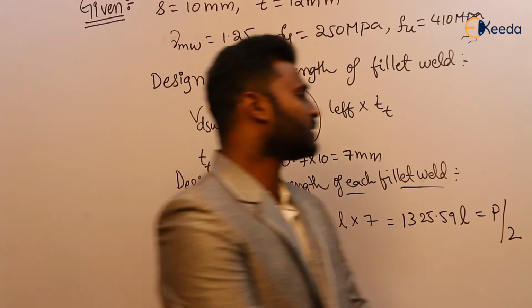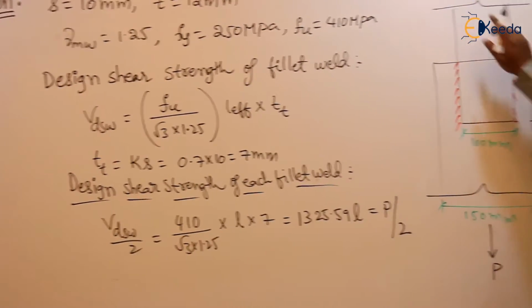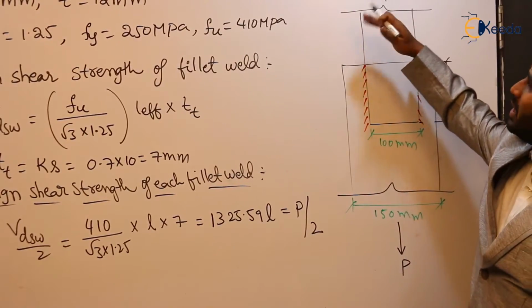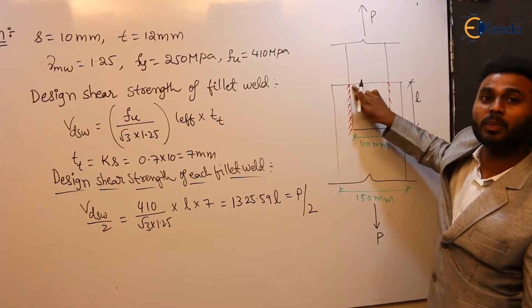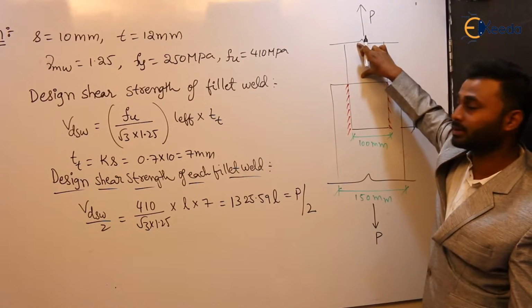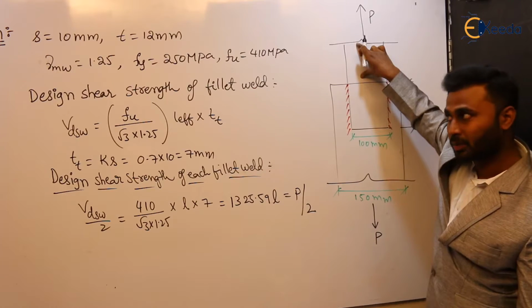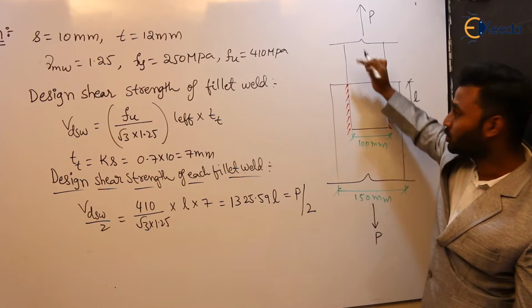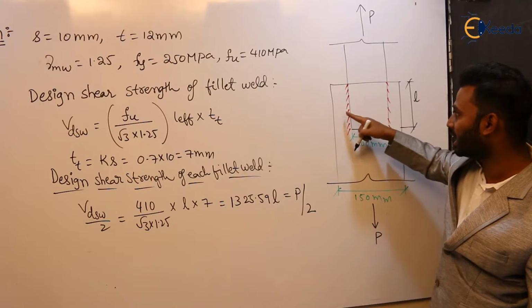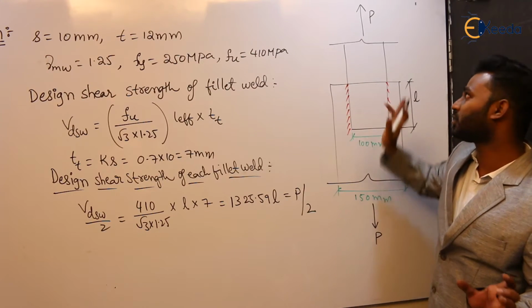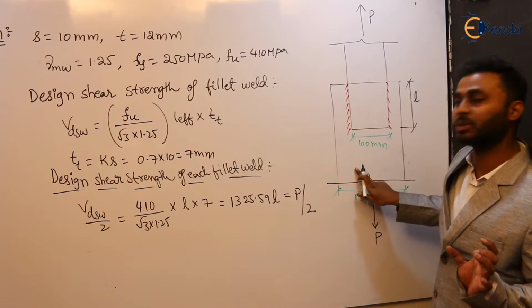If you observe this, this symbol indicates the length continues. From that length till here, that load P is to be taken by this plate, or this member. So from this location onward, the weld starts taking the load and it is transferred to this plate. Yes or no? In this way, the load P from this plate is transferred to this plate.